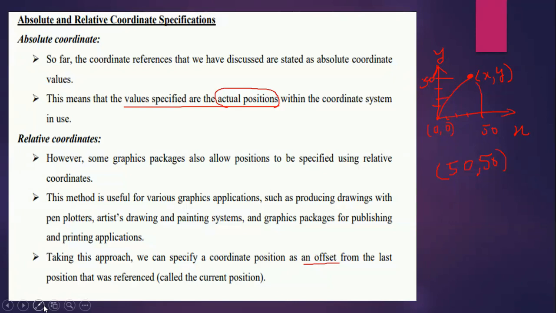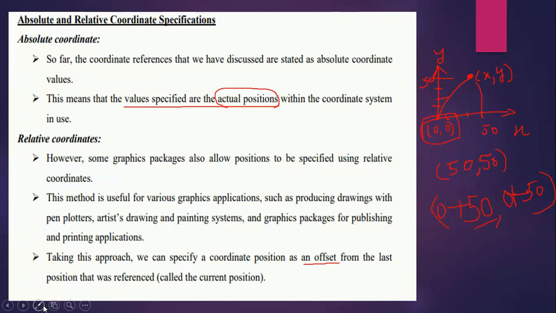You want to represent the point with reference to this particular coordinate, that is x comma y. So what you have to do is 0 plus 50 comma 0 plus 50. You will be adding and representing the same point on the screen.